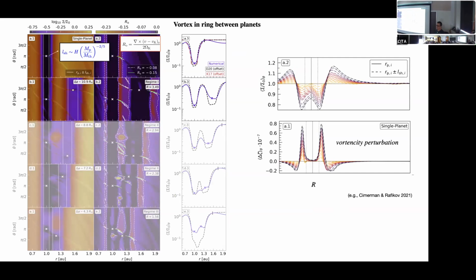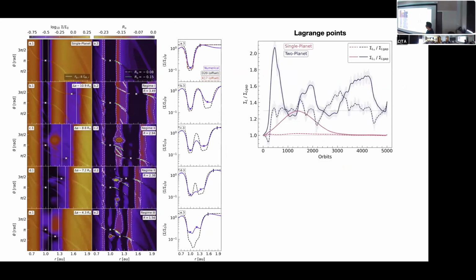Right, so now if you play the game of getting the planets closer and closer, the question is, what happens? Right, so we started here. This is a single planet. You just have this very clean gap. You have the two planet case. Here's the surface density again, two relatively smooth gaps. We have separations here of roughly 11 Hill radii apart, and we start getting them together. You can see,